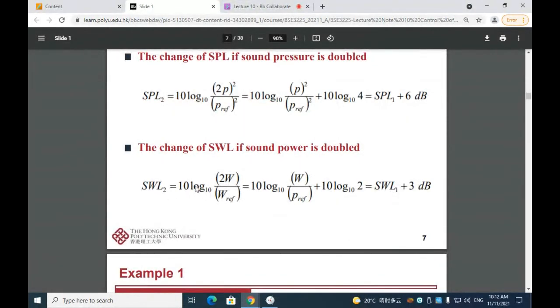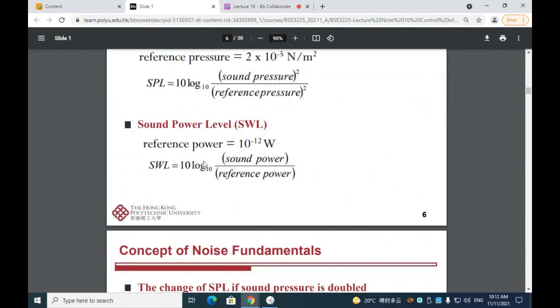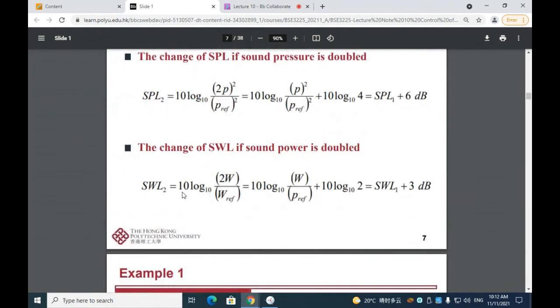So sound power level 2, by substituting into this equation, equals 10 log10 of 2 times the sound power divided by the sound power reference. That equals 10 times log10 of the original sound power W divided by the sound power reference,